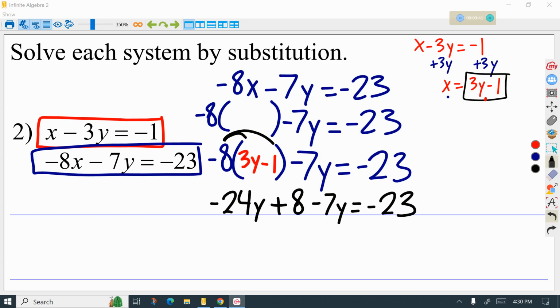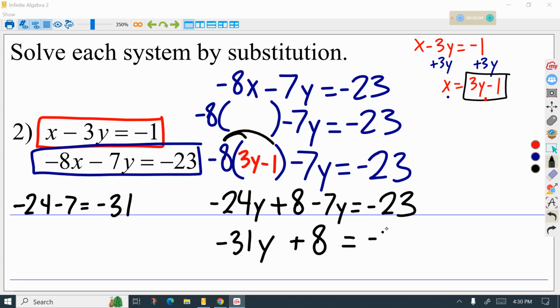Okay, what we want to do is combine the y's, okay? So negative 24 minus 7, okay? So I hope you guys know, like, negative 24 minus 7 is equal to negative 31, okay? It's just looking at the number line. So because we have negative 24y and negative 7y, we have to have negative 31y. And then plus 8. That 8 doesn't change, that stays right there still. Okay, so now to finish this up, what we want to do is start to